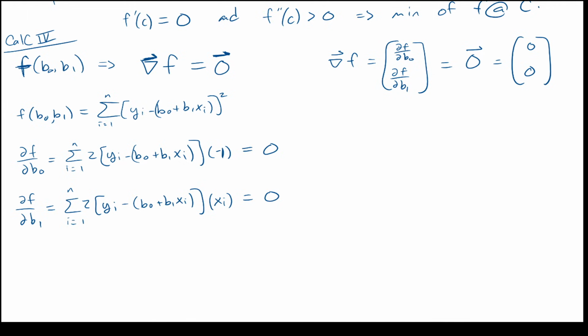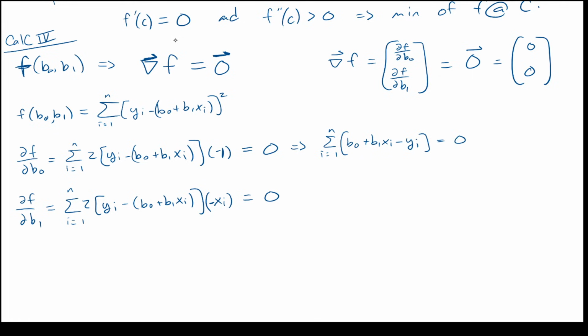Let's see, there's a negative there, so I don't need to forget that negative, because that would technically be distributed to the b1 xi as well, so that's actually negative xi when I do that chain rule differentiation. And now what we can do is divide both sides by 2, distribute that negative 1, and we could say that this is the summation i equals 1 to n of b0 plus b1 xi minus yi